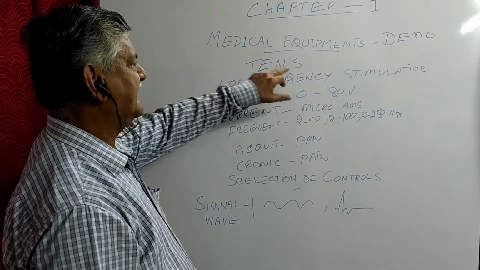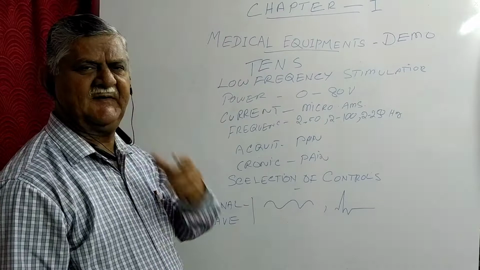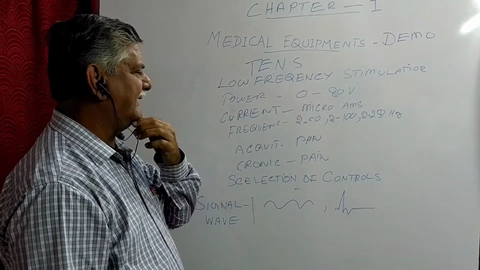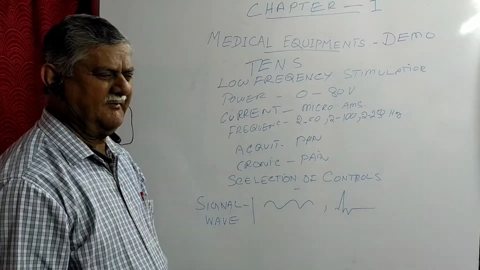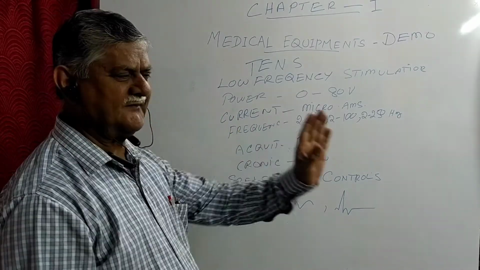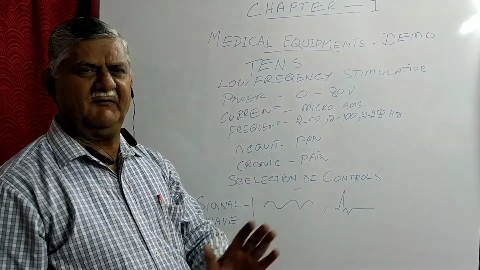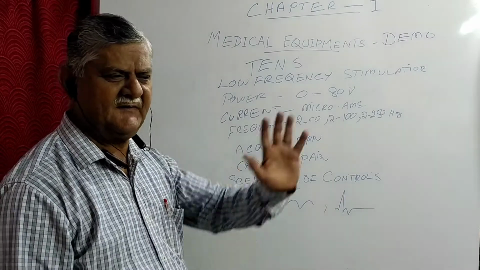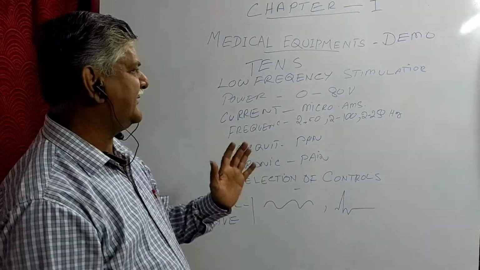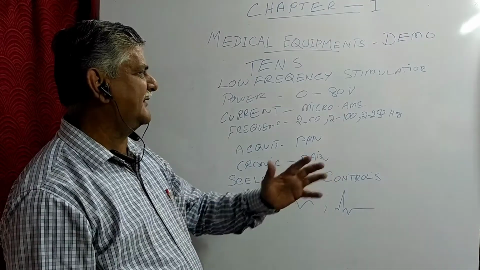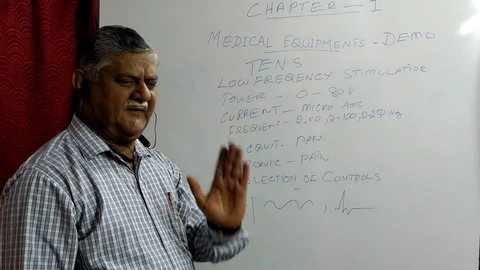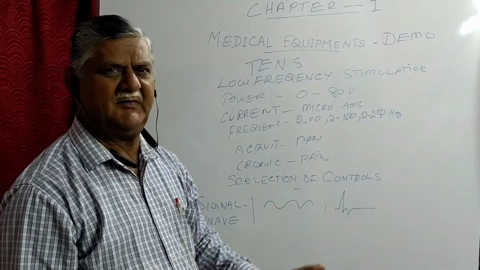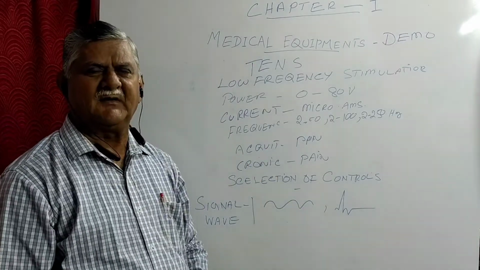TENS means transcutaneous electrical nerve stimulator. That is a low frequency stimulation. As per pain management, we are using low frequency stimulation for pain relieving. Under the gate control theory principle, we are blocking the sensation from entering into the brain. Slowly, automatically, the problem is solved, then the pain will be relaxed. Pain can be relaxed, not relieved. You know very well, pain cannot be relieved unless the pathological problem is resolved.